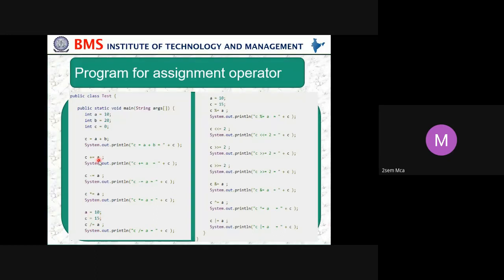Then here again, the value of A is getting changed. A is 10, but instead of B, here we are considering it as C. So C slash equals A. What is the value of that? Again, A and B values are getting changed. C equals 10, A equals 10, C equals 15. So then modulus operator, left shift, right shift, again the left shift and or bitwise operators.